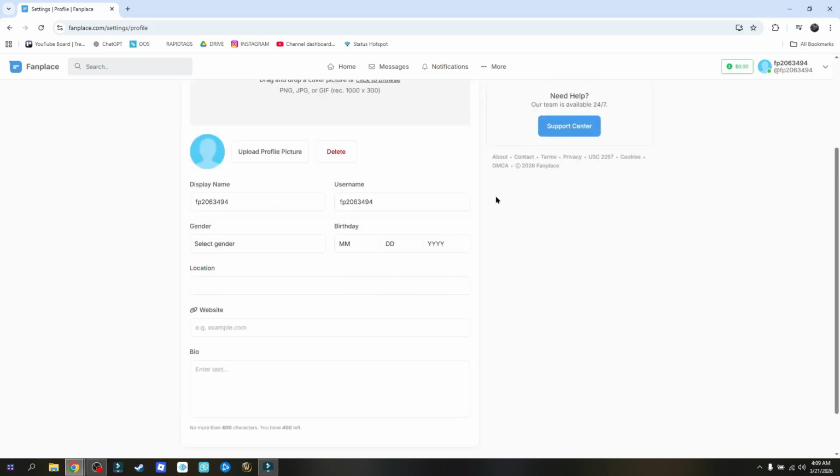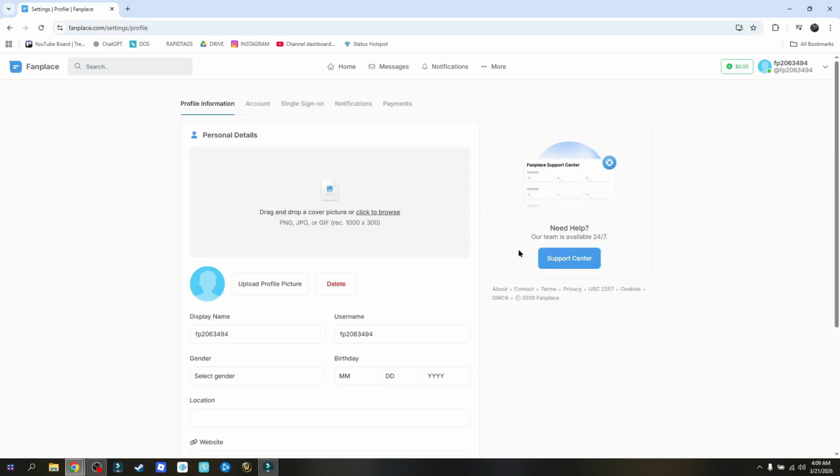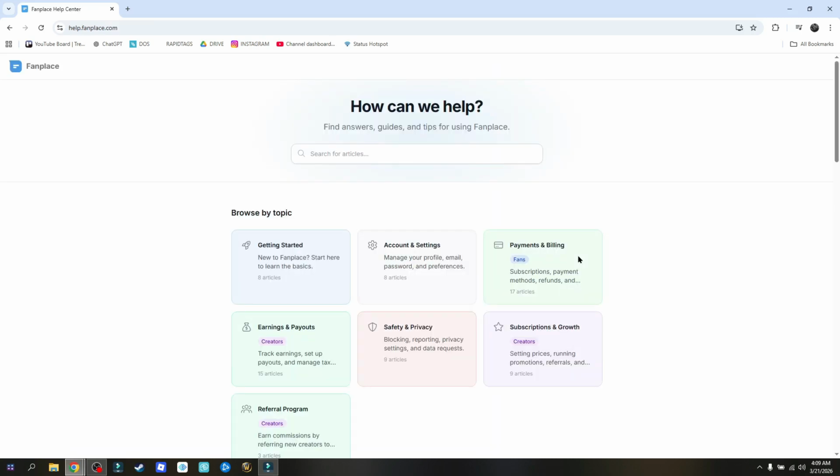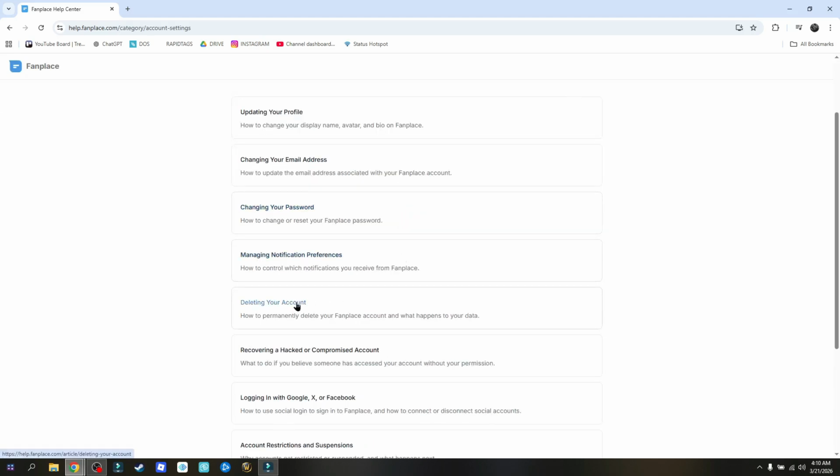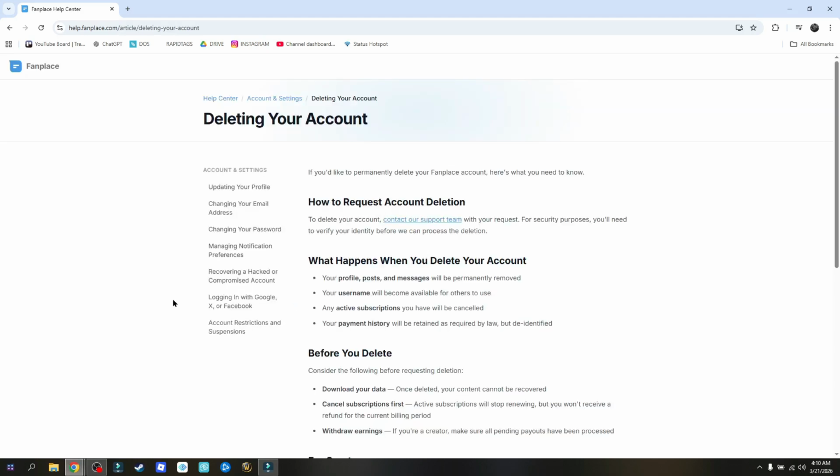So what you have to do is choose this option here that says support center, click that, and then from here under browse by topic, choose account and settings, scroll down and choose delete your account. Then here, click this option that says contact our support team, and you just need to provide